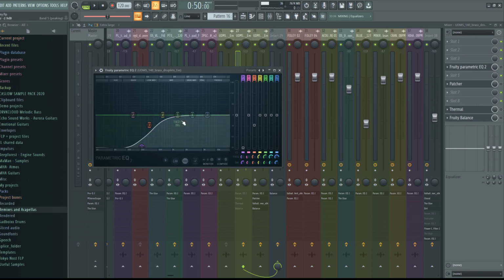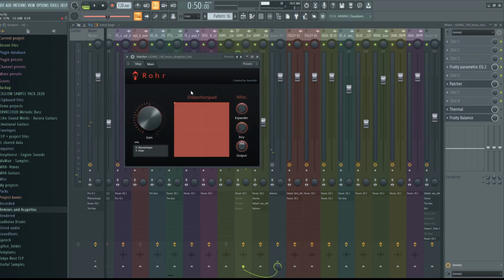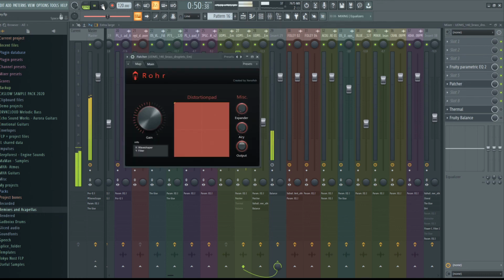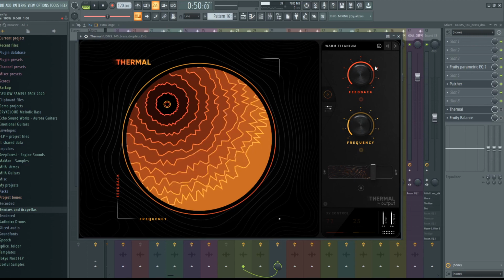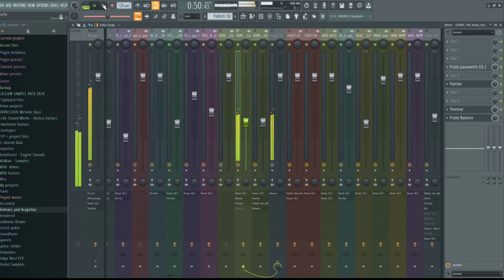It's just a normal EQ to get rid of the lows and low mids. Sounds like this. Nothing special. And we have another distortion, Pad Rohr by Xenofish, and this is again what really spices this one up. I used the thermal distortion plugin before, but I turned it off. It just gave it a way different vibe. With it, it sounds like this. Yeah, I don't know, it sounds really strange but really cool, but I didn't want to use this for this